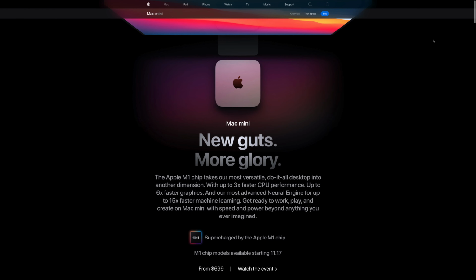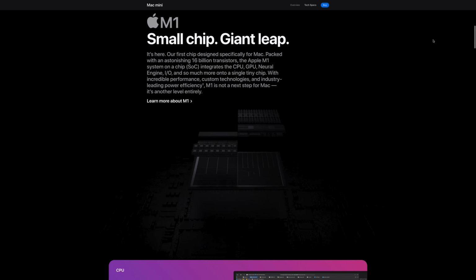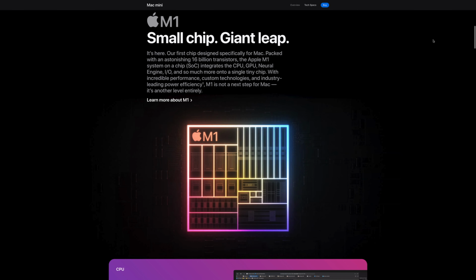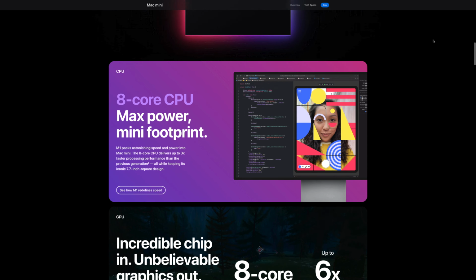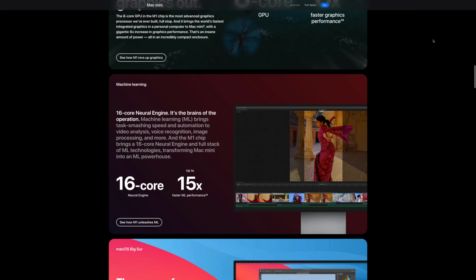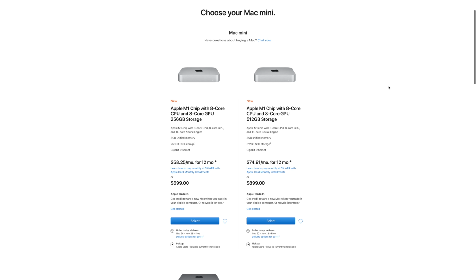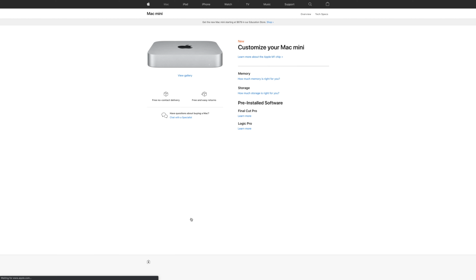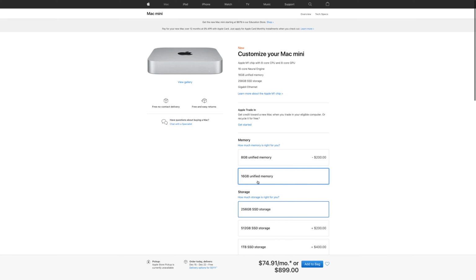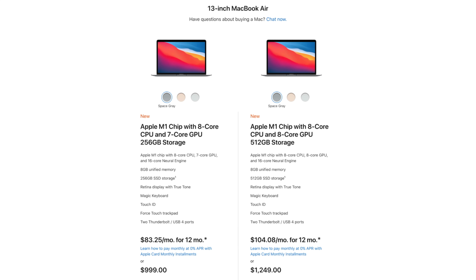So first off, we have the new Mac Mini running on the M1 chip, starting at only $699 with 8 gigabytes of RAM. And we learned that the M1 chip is an 8-core CPU, 8-core GPU, everything all in one on this chip. The T2 security chip integrated into this. And there's all sorts of really cool stuff that this could mean for us in the long term. But in the short term, it just means everything's condensed together, everything's unified, and we actually have the same exact chip with just minor GPU differences between the new Mac Mini, starting at $699, the new MacBook Air at $999, and then a new 13-inch MacBook Pro available above that in price.